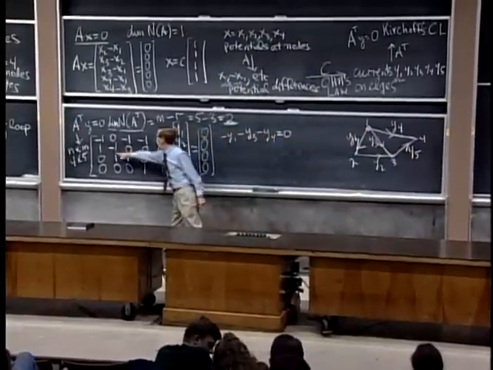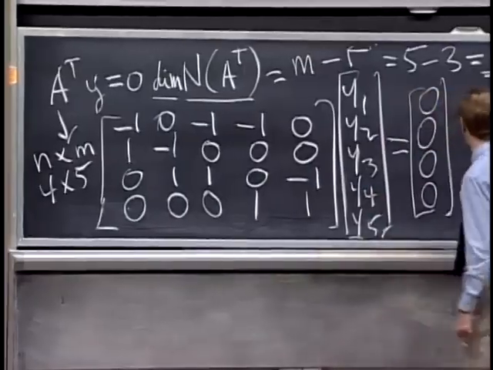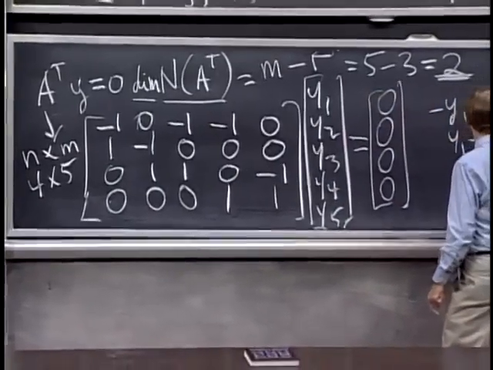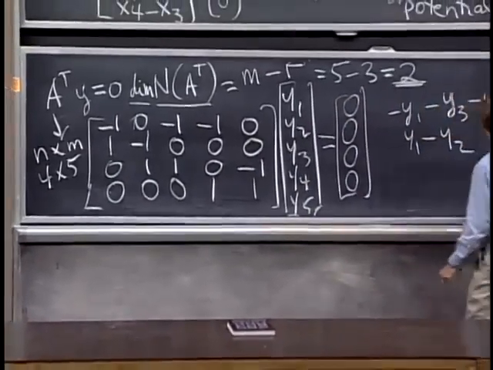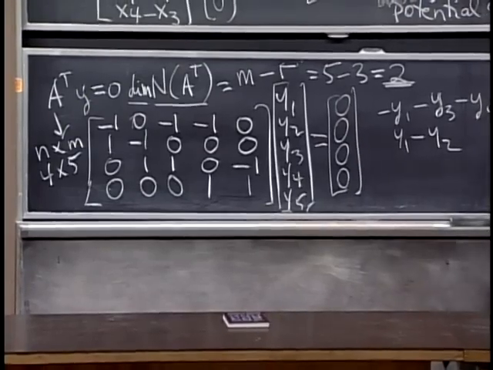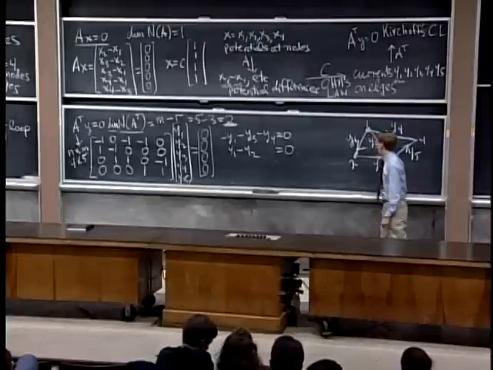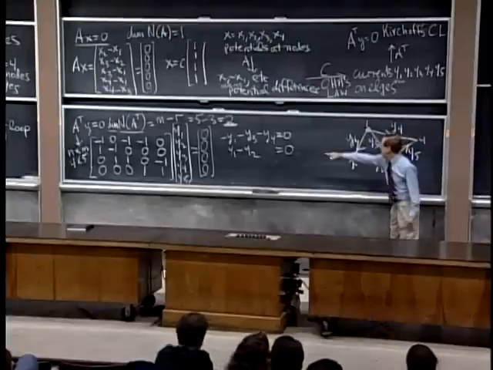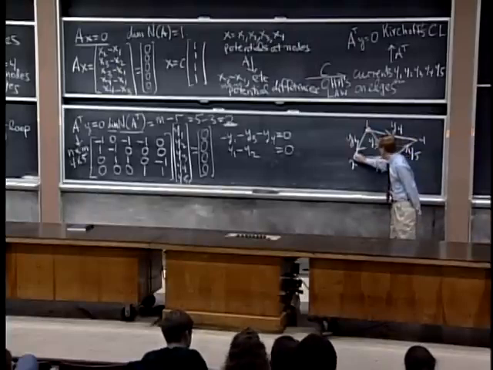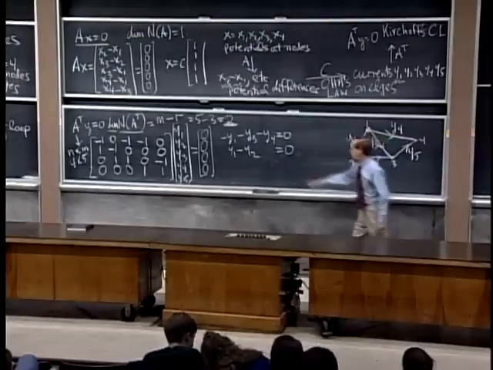Let's take the next one. The second row is Y1 minus Y2, and that's all that's in that row. That must have something to do with node 2. Sure enough, it says Y1 equals Y2, current in equals current out. The third one,